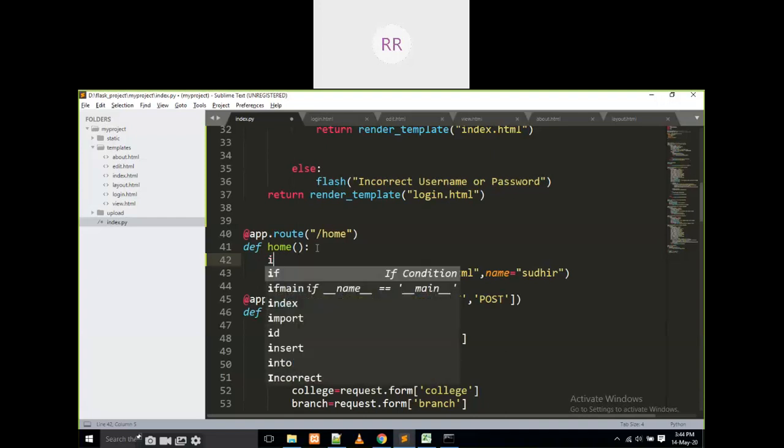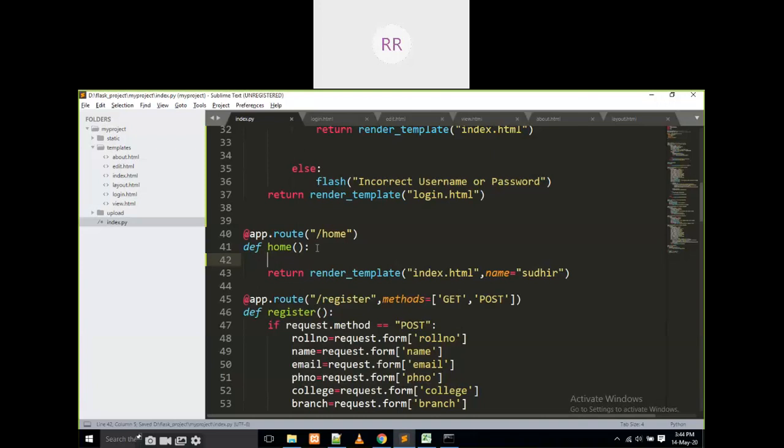What I have to write? I am going to check whether the session is true or not. If session is true, then only I am going to call this one. If session is not true, for example, if session is false, what do we have to do? If session is not set, we are going back to the login.html.